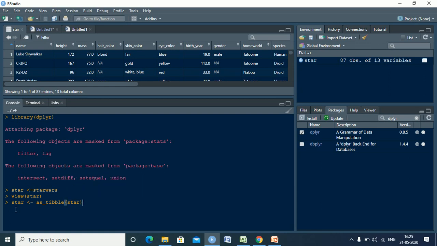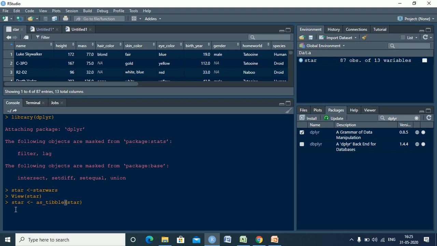A Tibble table is a very shortened version or the crisp version of a big data set. Now a data set which has a huge number of variables and observations is very difficult to be displayed as a data frame. So Tibble makes it an opinionated data frame. So you are able to make better interpretations out of the variables and the data structure that is there. So it makes your work a little easier, right?